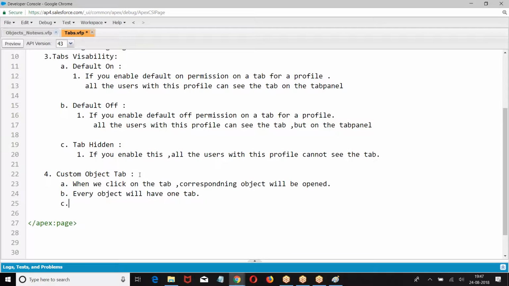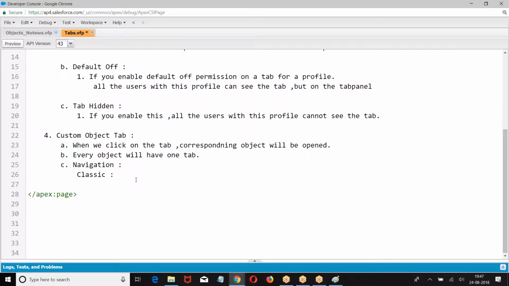So what is the navigation? Classic. When you say classic, setup. What we have? Setup, build, create, tabs, custom object tab.